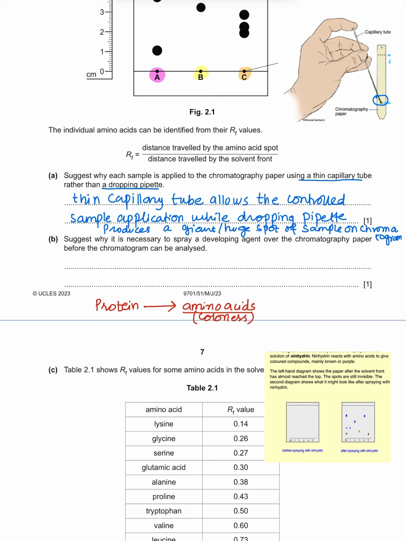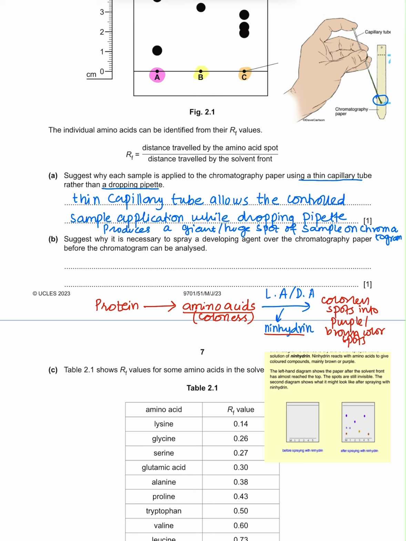The spots that amino acids produce on a chromatogram paper are most of the time colorless. So in order to make them visible, what you do is add a locating agent, which can also be known as a developing agent. It can mostly be ninhydrin, or it can be an iodine solution. Or sometimes we generally use UV light, but in the case of amino acids, we prefer to use ninhydrin. So ninhydrin is sprayed onto the chromatogram paper, and it converts the colorless spots into purple or brown colored spots.